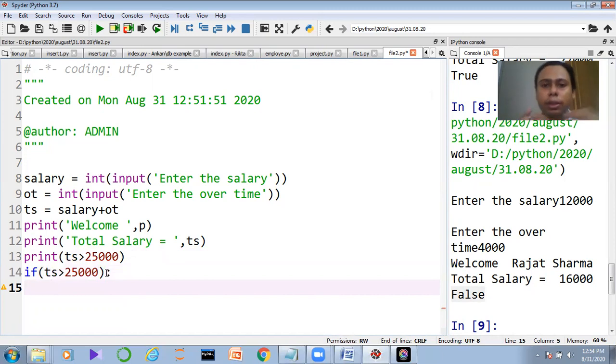Now guys, in real time, we keep saying, if I get more than 80% marks, I should get grade A. If I get more than 35,000 or 40,000 salary, I am able to lead my life in a proper way, in a relaxed way, right? So whenever we want to make any kind of condition, we always use if in normal English terms. If I want to make any kind of logic, that is basically the if. We have to provide the if.